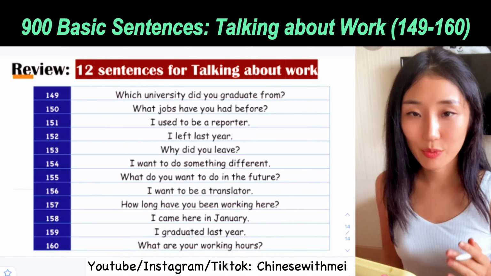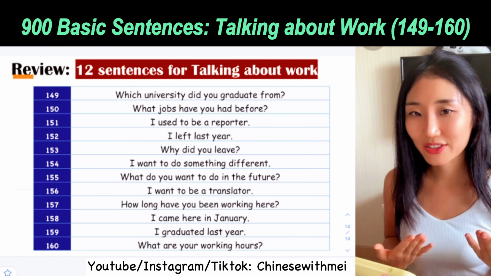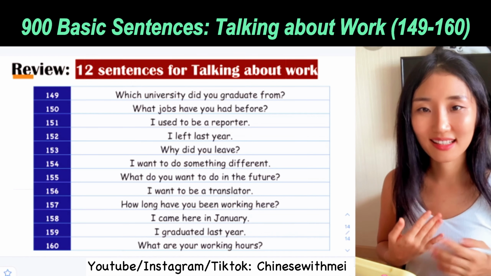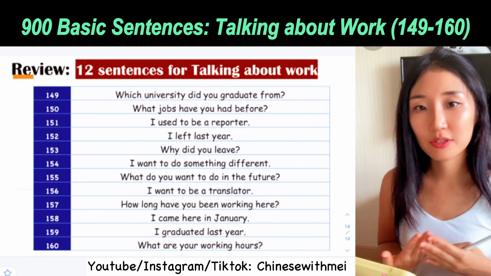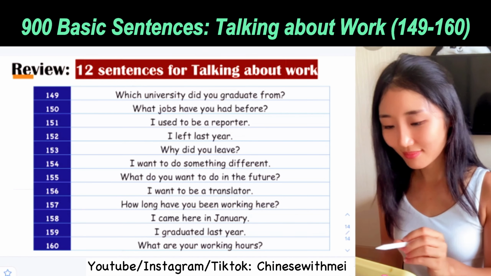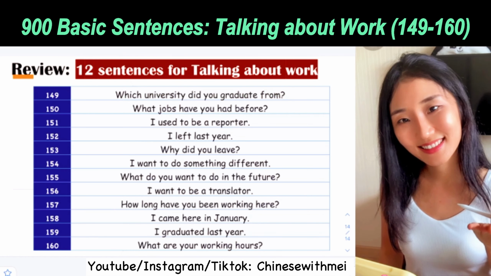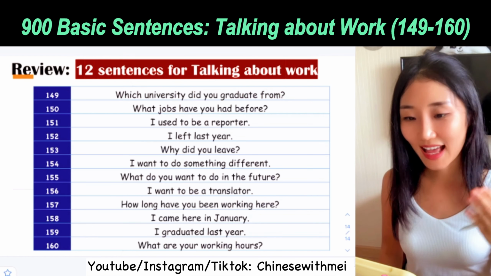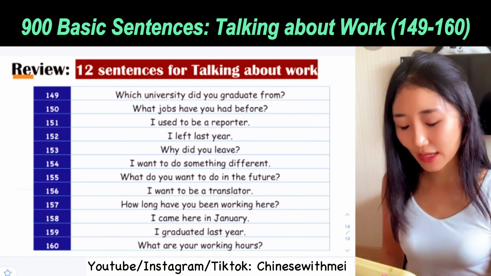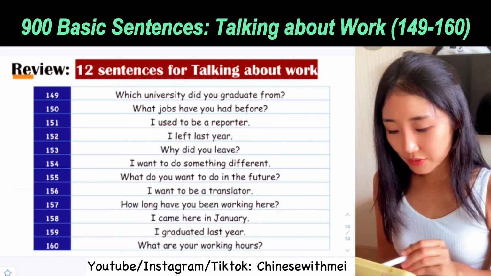And now let's have a review of the 12 sentences. If you feel confident, try to test yourself whether you have already mastered all those sentences. And also you can just repeat after me, shadow after me to improve your pronunciation. Okay? The first one, which university did you graduate from? 你是哪个大学毕业的？